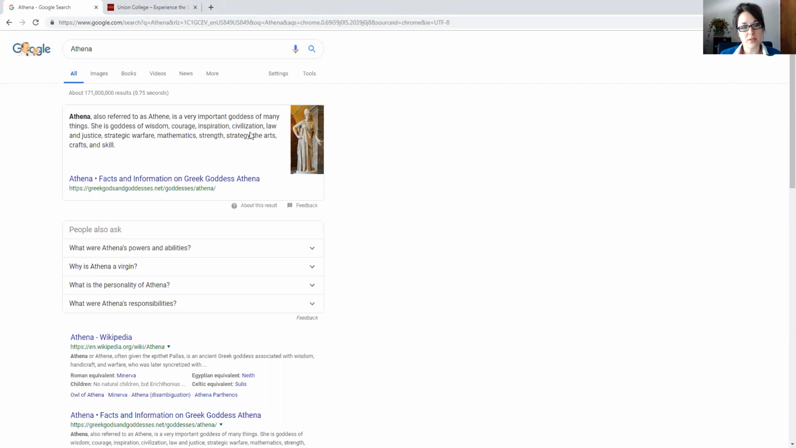Something else about Google that can be a challenge for research is that anyone can publish anything on the internet. These may be blogs, it may be information that isn't really academic, and there's no way to narrow that down as well, which can be a really big challenge. What we'd like to show you is how to use our databases in the Union College Library